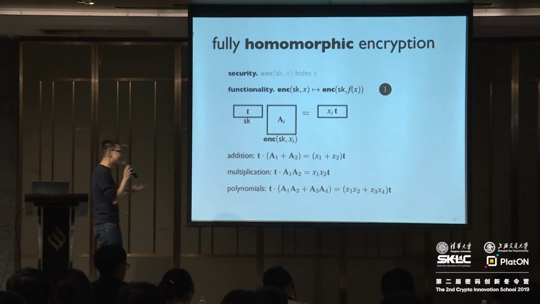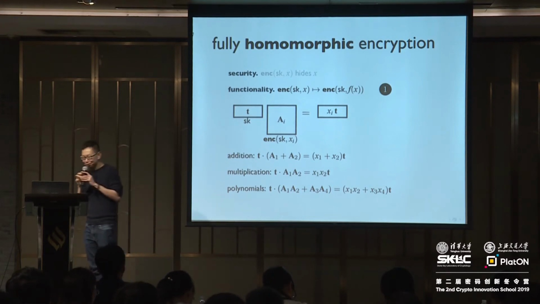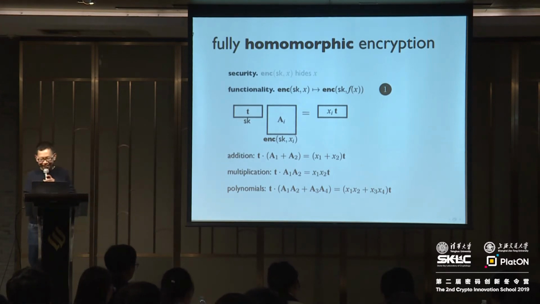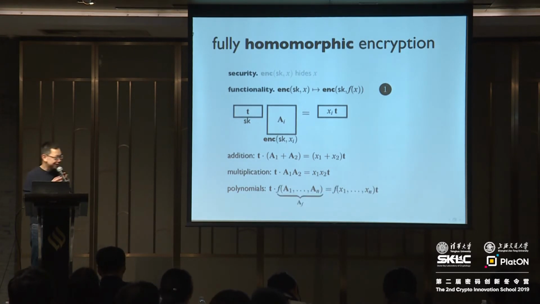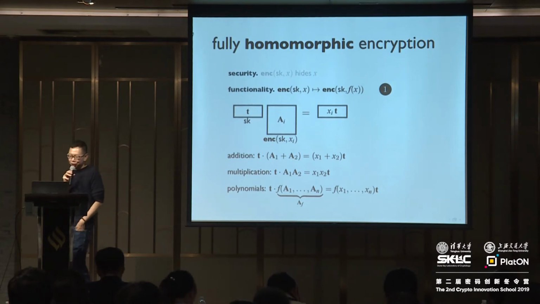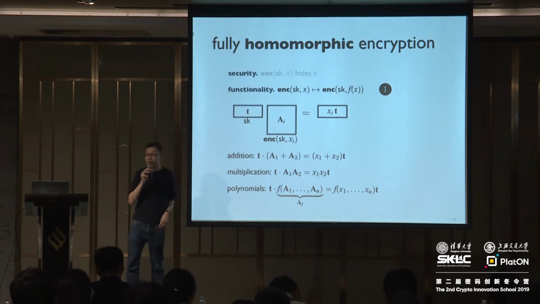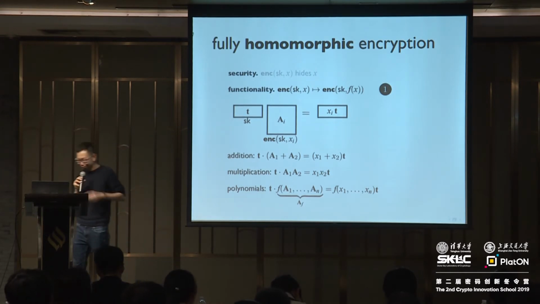Okay? So this is very nice. Basically, to do homomorphic evaluation, you just do the entire computation depending on matrices or scalars. Right? So that solves basically the problem of homomorphic evaluation. Alright, so this works in general, if you have any polynomials, this is what you can do. And throughout this talk, I'm going to think of f of a1 up to a_l, and I'm going to very often call it a sub f.